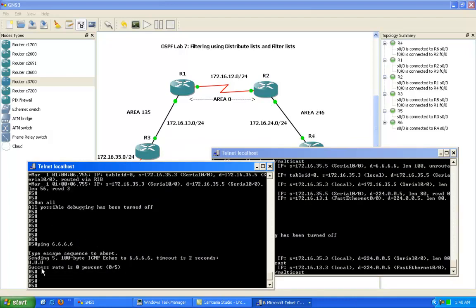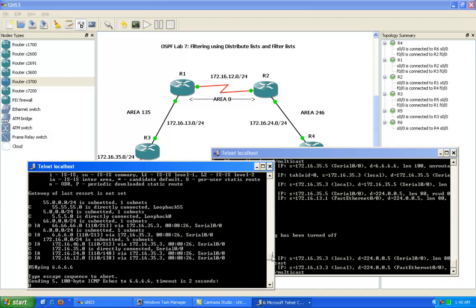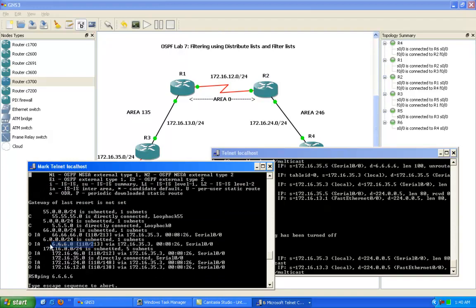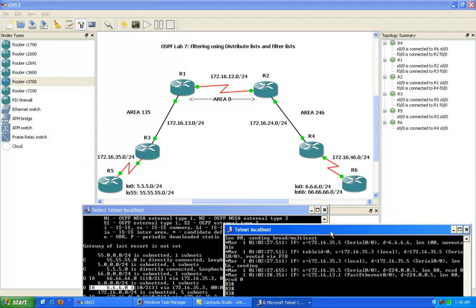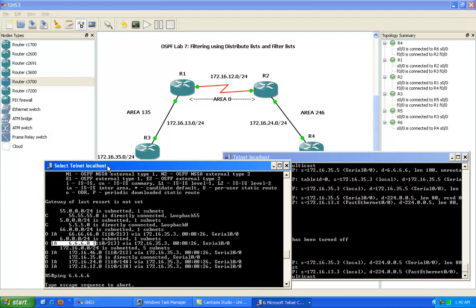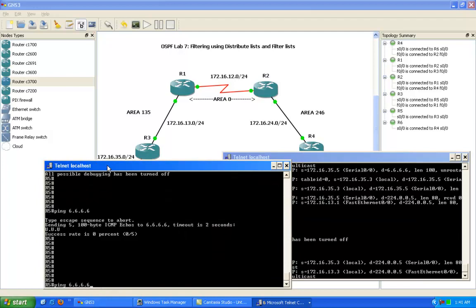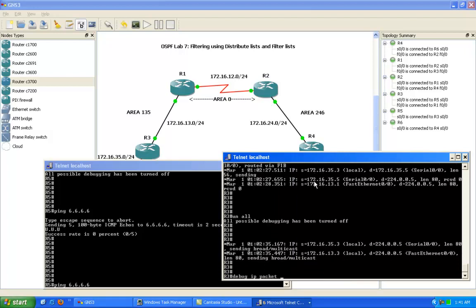The reason we're seeing undeliverables is because even though router 5 has the path to router 6 and is seeing the network from the LSA type 3 coming from router 3, how does router 5 get to the 6 network? Well, it has to go through router 3. So if we do a ping here on router 5 to the 6 network, and on router 3 we do a debug IP packet,